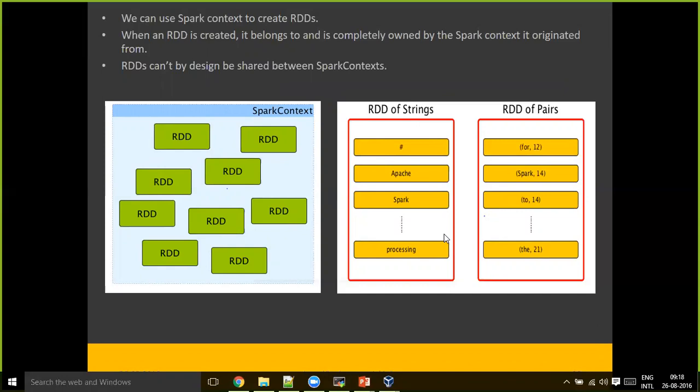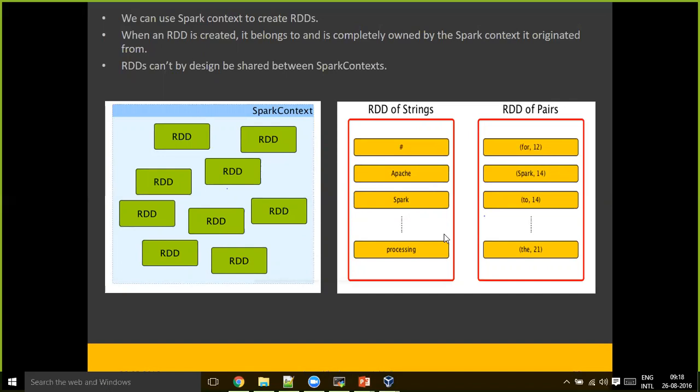So, one quick question I had: you said that whatever the block size we have, that will get loaded into an RDD as a partition, and it doesn't get split if the line is too big.